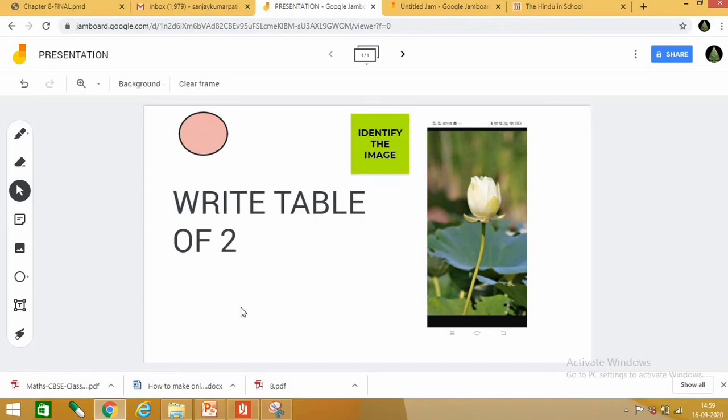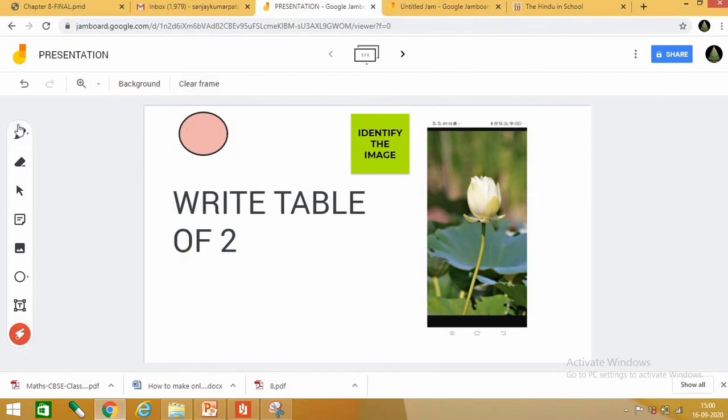So this is the text box here. Children can write here with the help of this pen. So this is the highlight laser. So suppose you want to identify what is this, which is sepal or petal, what is this called. So you can highlight this with the help of this laser. What is this color, you can use this laser.